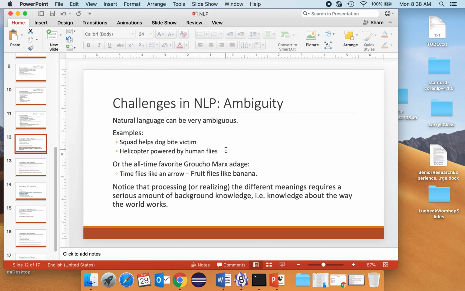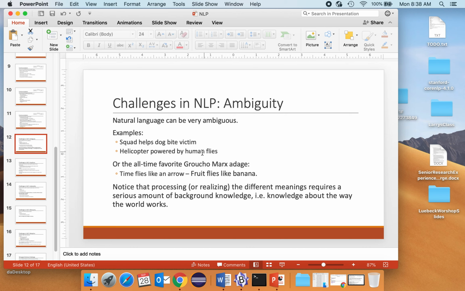So yes, ambiguities, right? How do we realize the ambiguities? How do we chuckle a little bit at those two sentences, at the alternate meanings? Well, we need to have some background knowledge. We need to have some knowledge about how the world works. So we know that typically police squads do not intend for victims to get bitten even further. It's to help and to protect. A lot of police departments have that sort of motto.